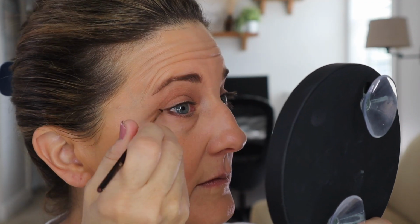I used a brown color that went with what I have on my eyelids, and I use a tiny little BK Beauty brush to go under, and then I smudged it out to make it look very even. And that's another way to get you that nice eyelined look without having that harshness of an eyeliner. The last thing you're gonna do is put mascara on, and mascara is, to me, the thing that